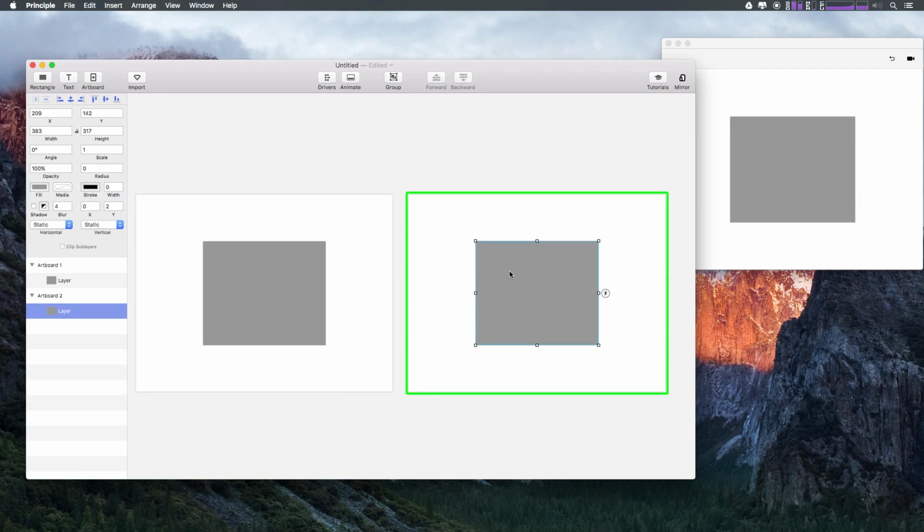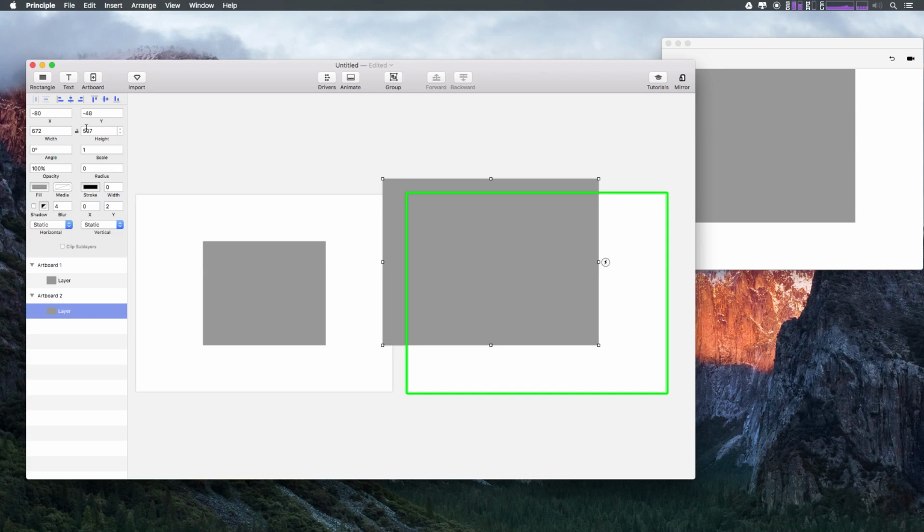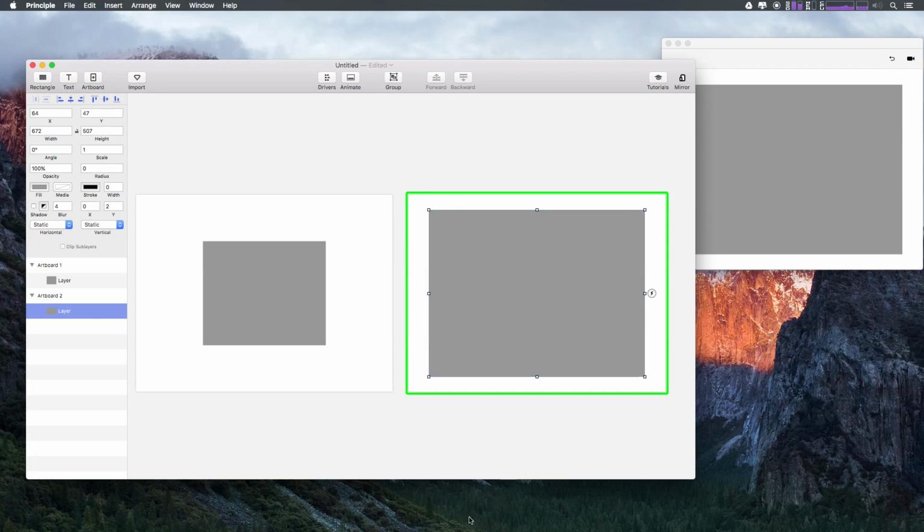Okay, so like I said, we want to think of each of these artboards as sort of a state of our animation. If you're used to working in animation, this is sort of an end frame, right? Not necessarily a keyframe, because we can do some keyframing, but this is like the end of a particular state of animation. So let's go ahead, and at this point, I can just click to make this bigger. We could do this mathematically by adjusting the values over here in the info bar, but right now, this is just a quick demo. So I'm just going to drag it and make it larger. Super cool. Now what we want to do is animate from this state to this state